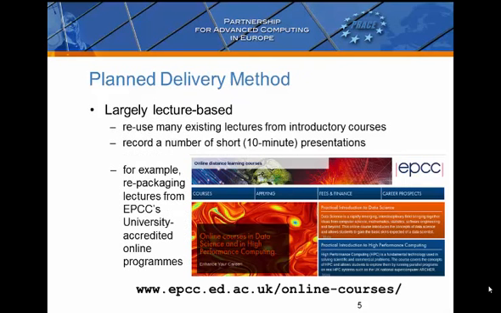Now, our original planned delivery method had been informed by a few MOOCs we'd looked at, and we planned to reuse a lot of existing material, repackage but reuse it. For example, we have been running for over a year online courses in data science and high performance computing. These are fully online, quite substantial 20 credit courses, which corresponds to more than 10% of an MSc, that students do online. This year we have about 25 students on the data science course and 7 or 8 students on the high performance computing course.